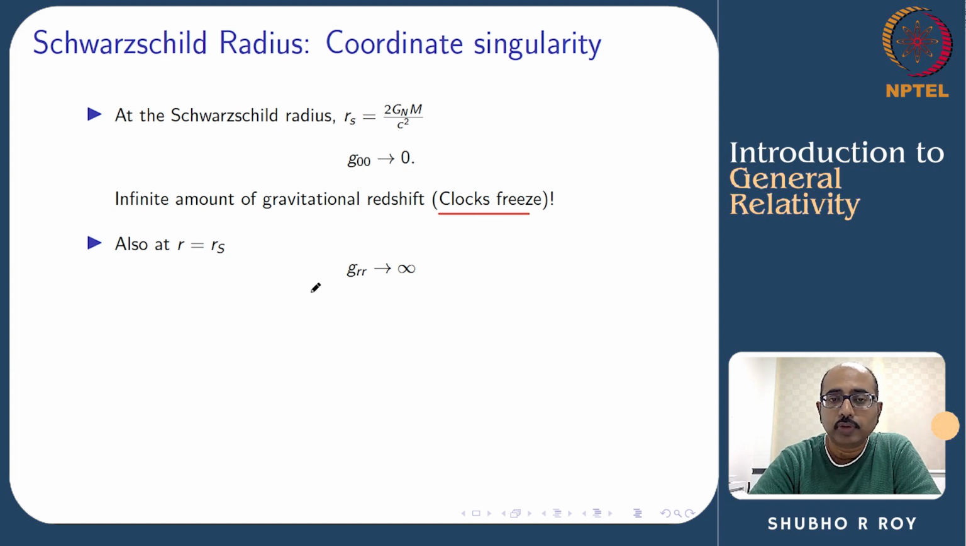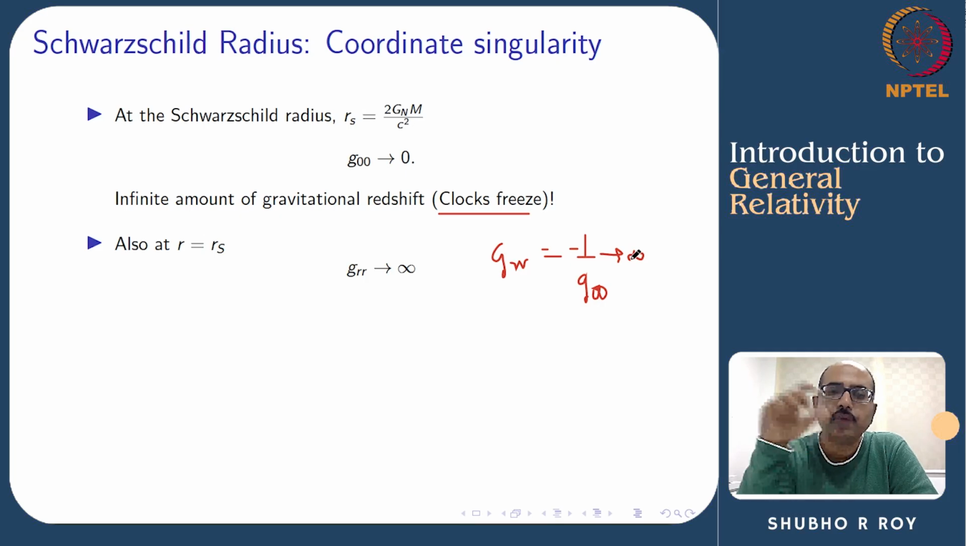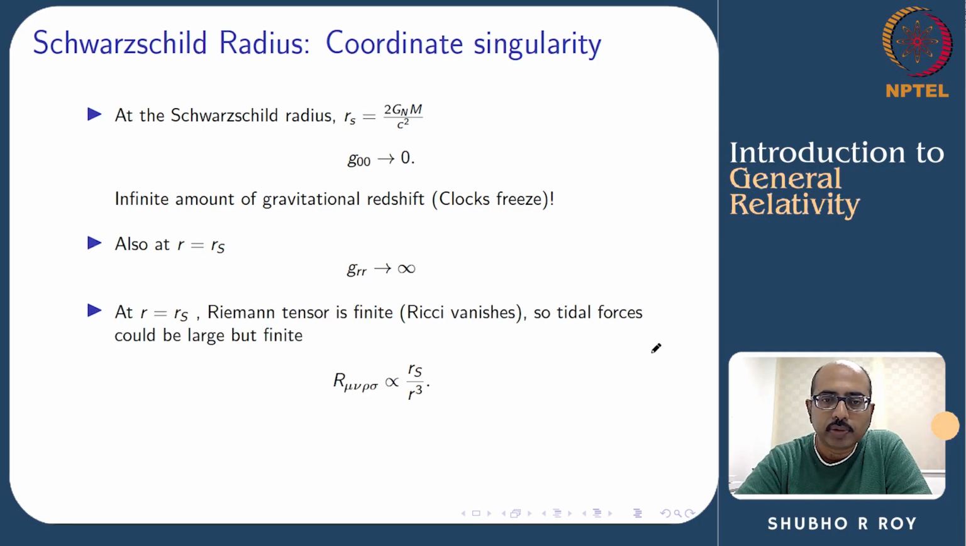Also, at the Schwarzschild radius, GRR, which is equal to minus 1 over G00, because G00 vanishes at r equals rs, GRR goes to infinity. Okay, so again, something which has a proper radial length dr at infinity will be stretched infinitely at rs. So this is a very peculiar location. So this cannot be true, right? Because clocks are freezing and lengths are becoming infinite. So in particular, what we will see is that